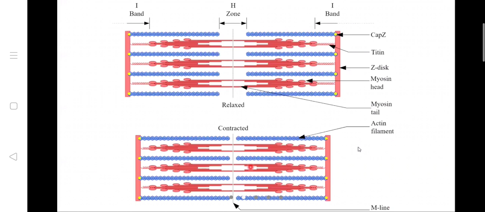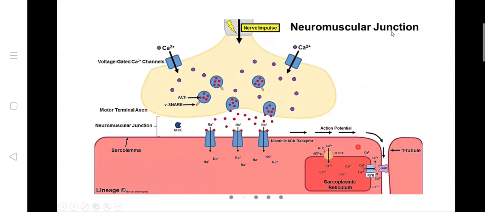Okay, fine. Next, coming to the last important thing, neuromuscular transmission. What exactly is happening? Now you see here, this is the nerve. The nerve fiber is like this. The neuron is like this, it will come like this. So this is the end. This is the axon and the end of the axon.